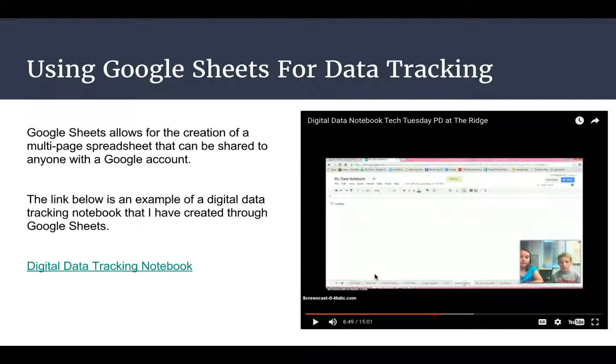So that was just a quick example. She's showing you on her Google Sheets, she has these different tabs along the bottom, and they all mean different things. Some of them had her data and her information, her grades from different assignments, and a graph would show up showing her visually how she met her goals or if she was short of meeting her goals. So it provides visual examples for those students to see their progress. And this example also had other pages like the quality student page, which can also be included in digital data tracking. This is one that I have created,